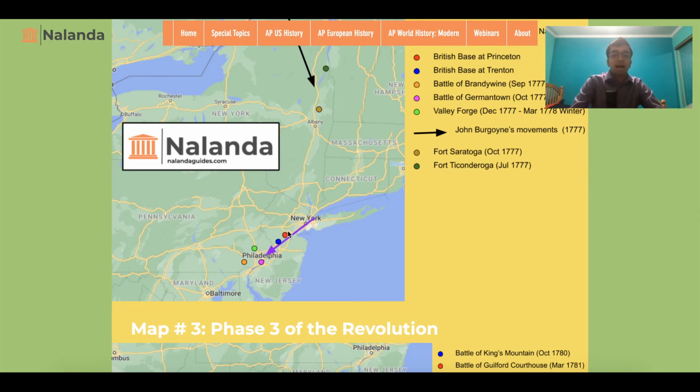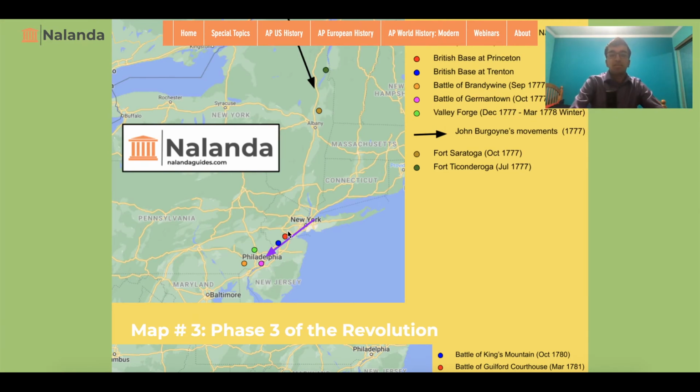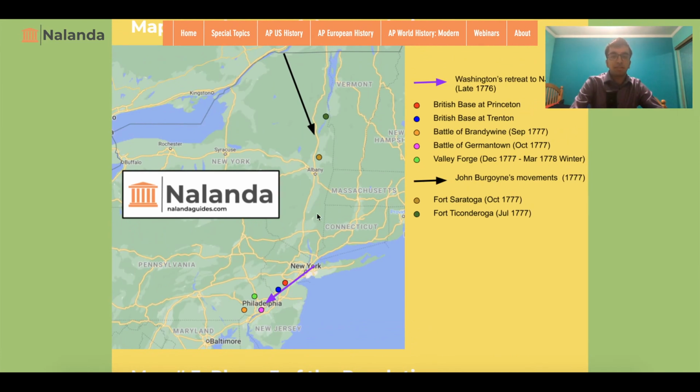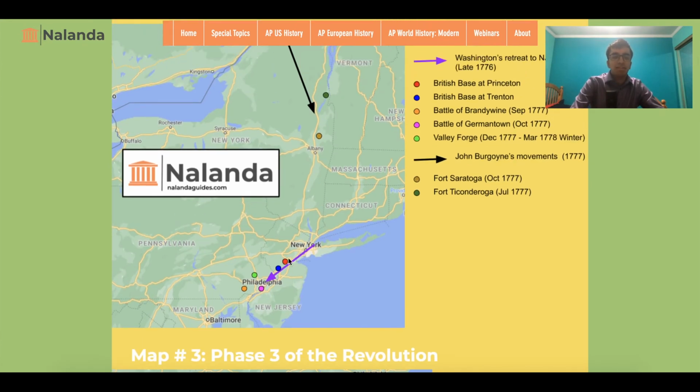Then Howe came up with a new plan. He would take his army upward from New York into Albany, and General John Burgoyne would go to Canada and take his army downward into the upper Hudson Valley. The colonists had many forts in upstate New York in this area, so the British planned to trap the colonists there. However, Howe abandoned this plan, leaving Burgoyne alone, and he attacked Washington's army near Philadelphia